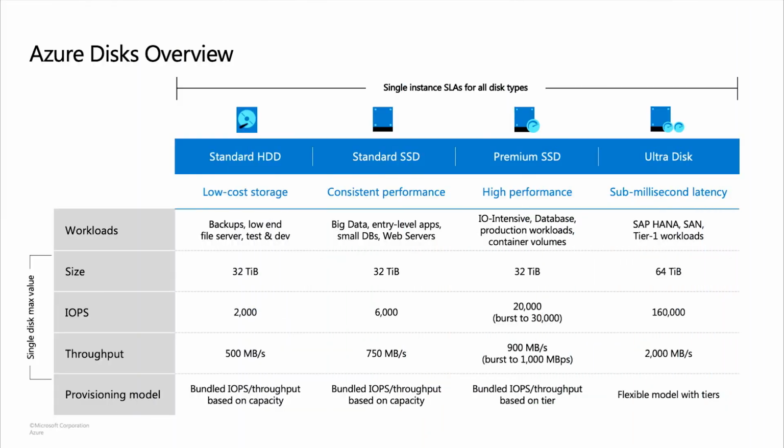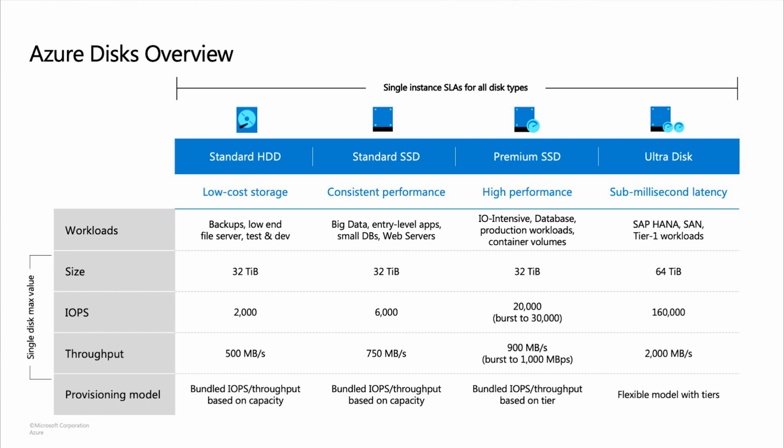Today we are going to talk about our new offering called Zone Redundant Option for Azure Disk Storage. Before we talk about the ZRS option, let's talk about Azure Disk Storage. Azure Disk Storage is the storage that you attach to an IaaS virtual machine in Azure. We provide various options for various workloads that you may need. And as you can see in the slide, we currently have 4 options.